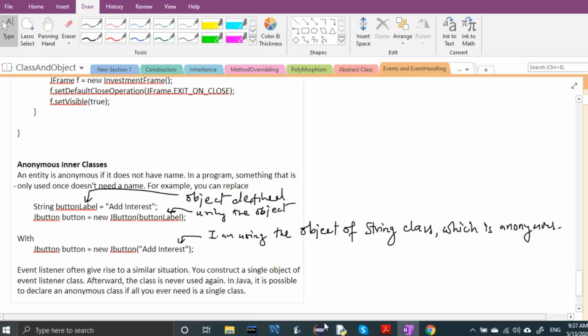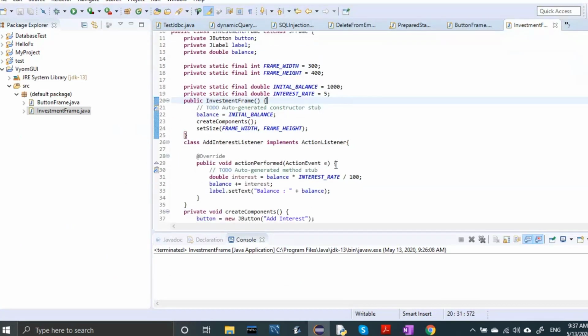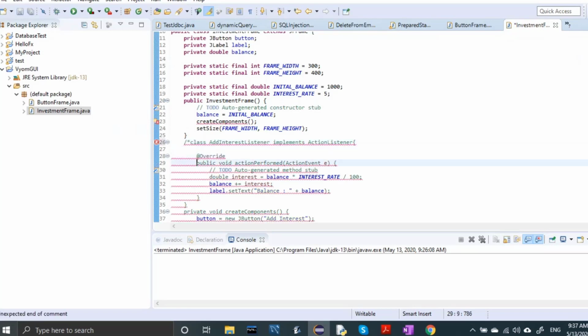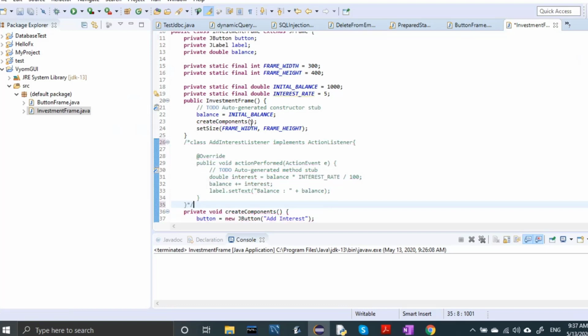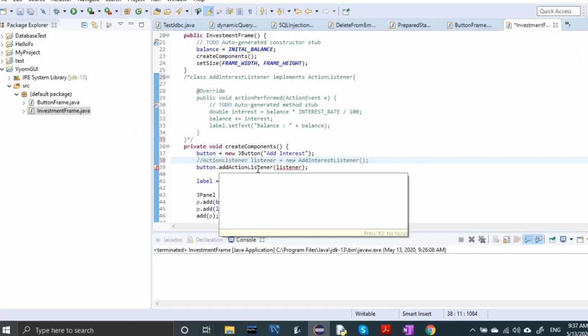So what we can do here is go to Eclipse. I'm not going to use this class, so I'm commenting this out, and now you can see that I'm getting an error over here, because of button dot add listener.